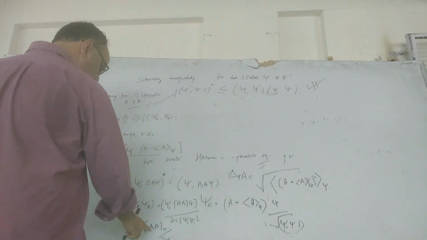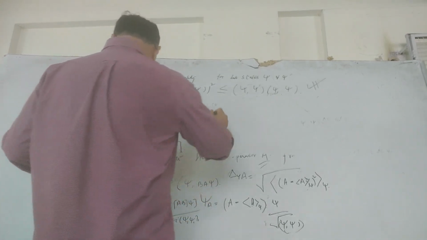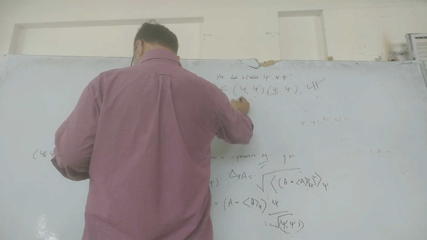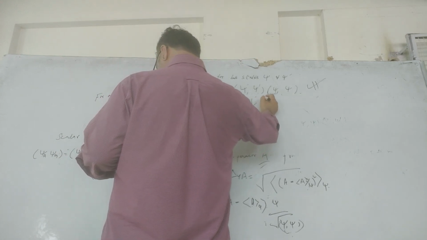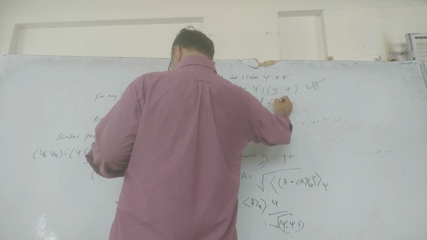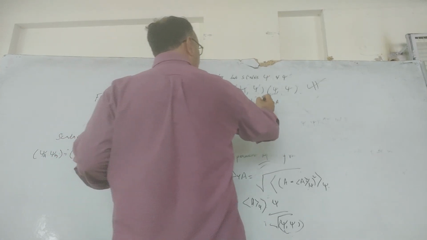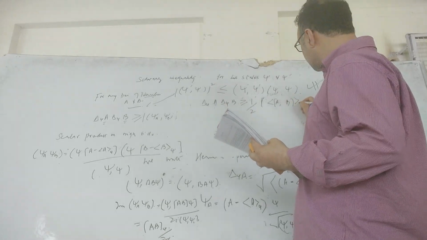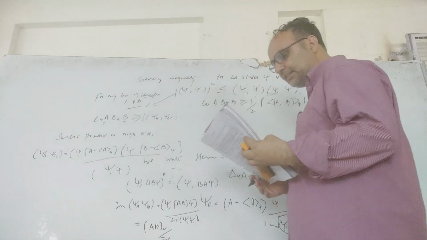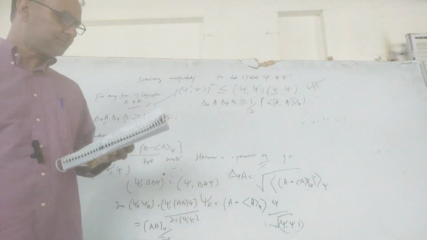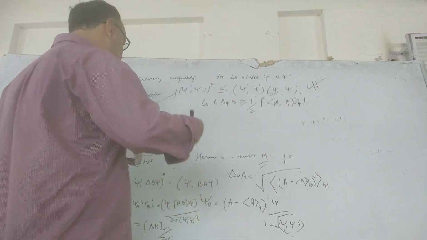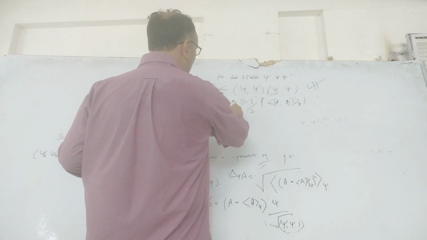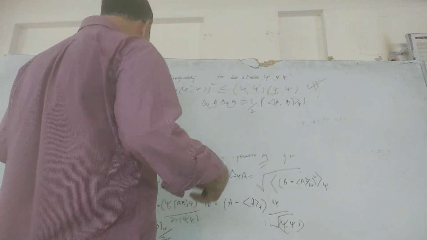So you are going to use this one. So you can write it as delta psi A into delta psi B is greater than or equivalent to the bracket of A, B. So in a sense, we have arrived at how we can formalize the uncertainty relationship in terms of two operators A and B operating on a function